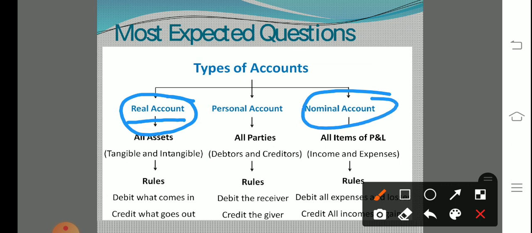under nominal account. And if you will see personal account, so personal account will be of all parties, जितनी भी हमारी parties हैं उनके जो account हैं वो personal account में आएंगे, like debtors and creditors. Debtors और जो creditors हैं उनकी जो list है that will come under personal account. And real account like tangible assets, intangible assets, so all assets will be coming in real account. And you can see